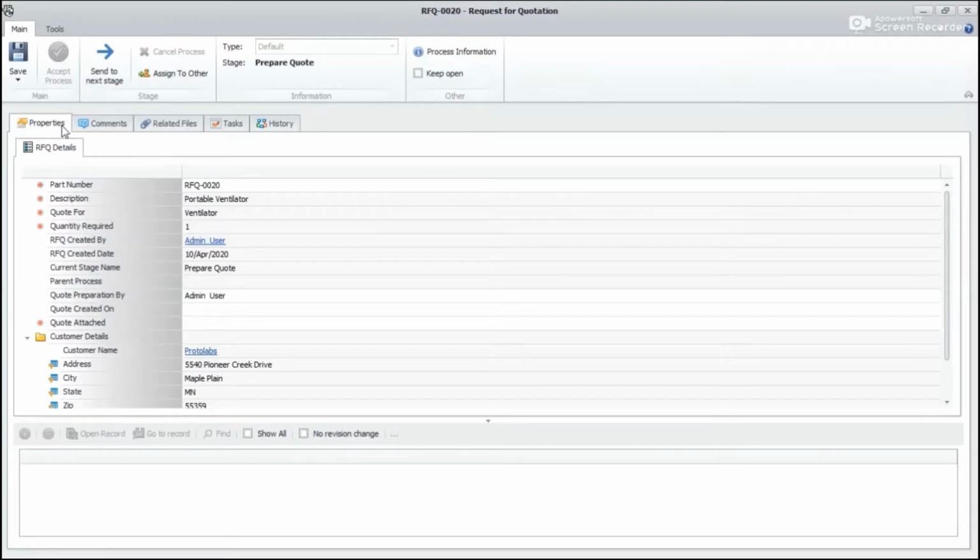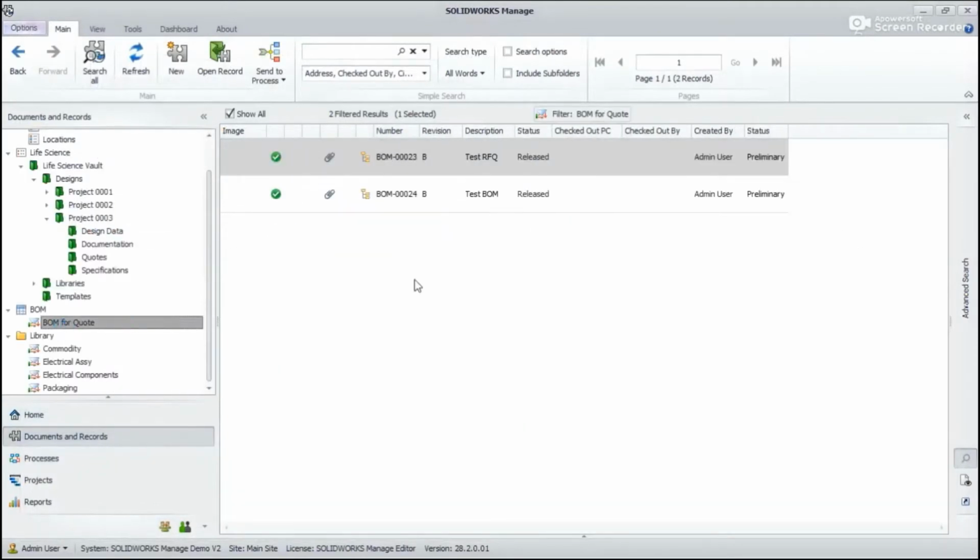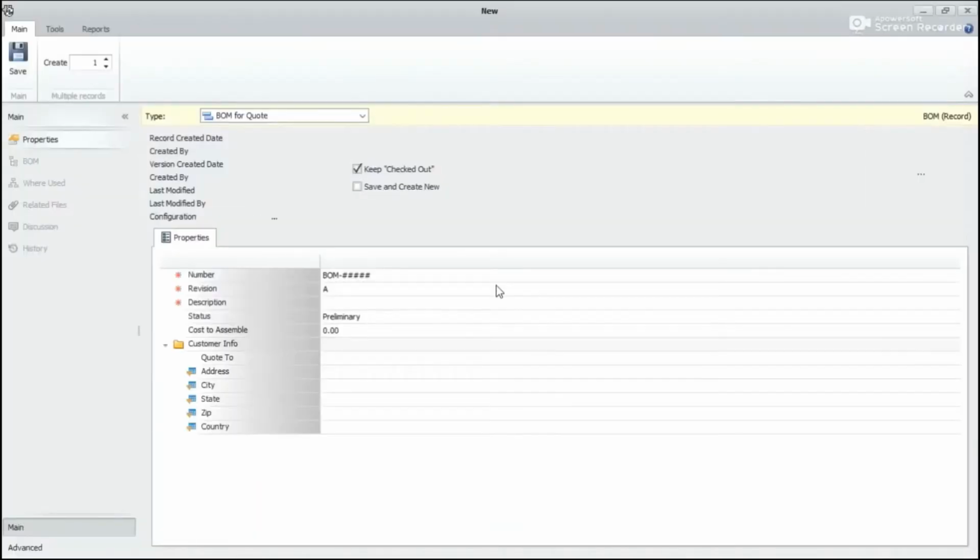The code is generated from a bill of material usually. So the code generator will create a new bill of material and will enter the mandatory details to initiate a bill of material.